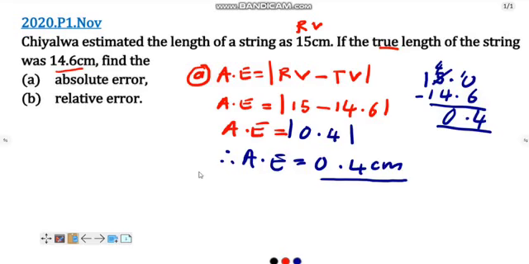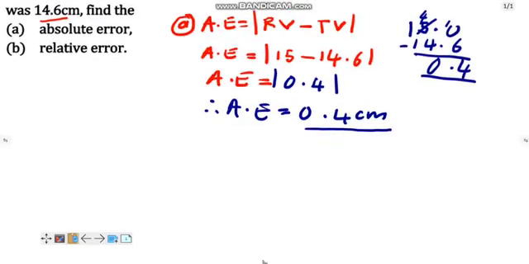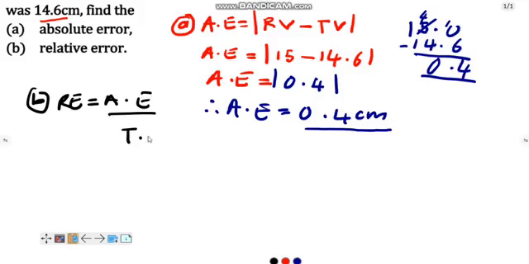Let us now answer our question B. We need to find the relative error. That is our question B. How do we find the relative error? To find the relative error, it's also very easy. We are going to say relative error is equal to absolute error over the true value. So we write relative error is equal to the absolute error we have found, 0.4, over the true value was